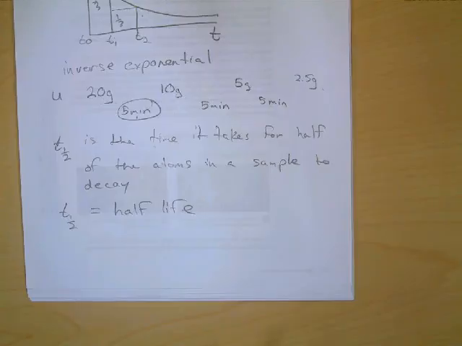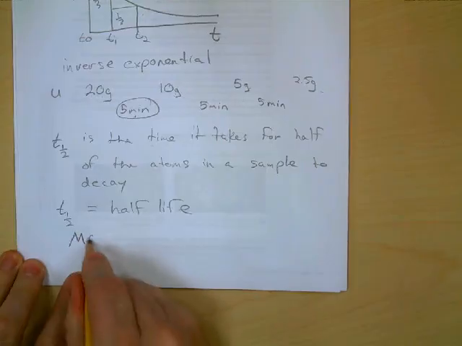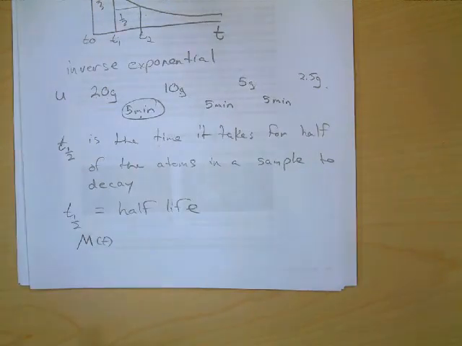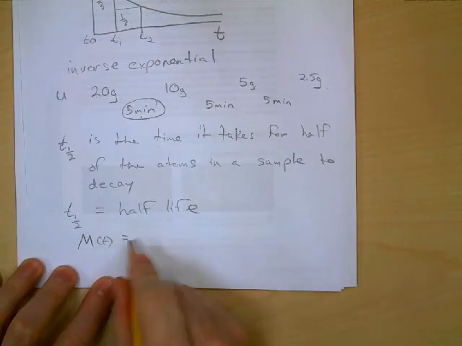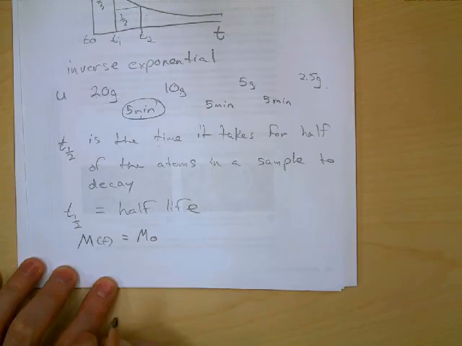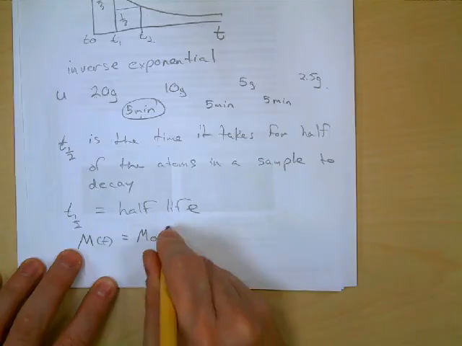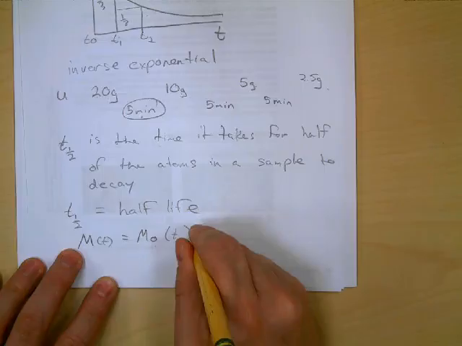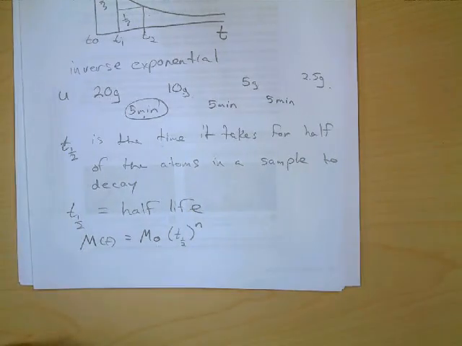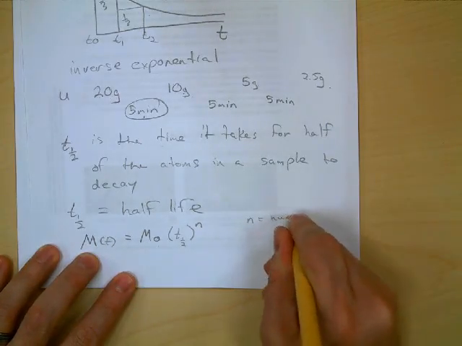So, if you want, there is an equation. You could say that the mass as a function of time for some radioactive sample would be equal to the starting mass. I'll put a 0 there to indicate time 0, right? That's how much I started with. The starting mass times whatever the half-life is to the power of n. And n is how many half-lives have gone by. So n equals number of